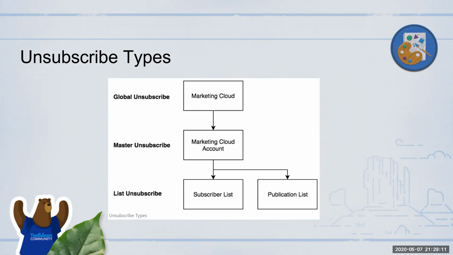Gilda, correct me if I'm wrong, it's not something that we can request from support. Is that automatically done at the Marketing Cloud level? Could you repeat the question? For the global unsubscribe, how does the subscriber request for that? Well, you actually can control it through the business unit level. So we can raise a support ticket for that? Yes. Oh, okay, got it.